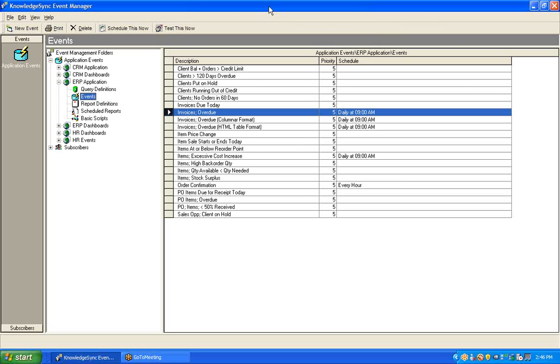KnowledgeSync solution. The topic for this session will be the configuration of an event's schedule. That is, how often KnowledgeSync is going to check for the corresponding event's business conditions. Now, it's worth noting that although the vast majority of KnowledgeSync events utilize schedules, it's also possible to configure an event to make use of what are called database triggers. And for details on utilizing database triggers with KnowledgeSync events, please refer to the knowledge base available from the VineyardSoft